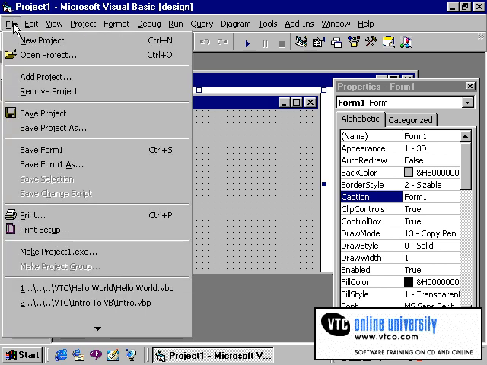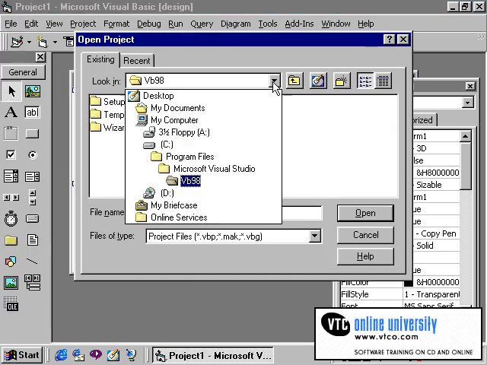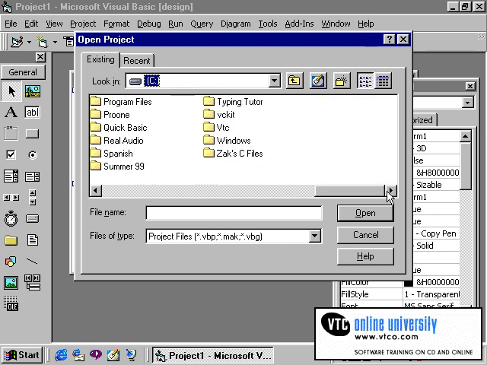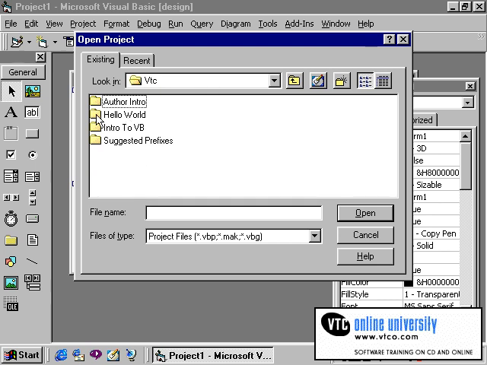I can retrieve my existing project by clicking on File and Open Project. I need to go to the folder on my hard drive where my project is, which is the VTC folder, and I will notice that there is a Hello World folder there. Double-clicking on that will open up the Hello World project. Don't be concerned when you only see one file. Remember, we saved two things called Hello World, but all you're viewing are the VBP files. The form is part of that VBP file. So we click on Open,